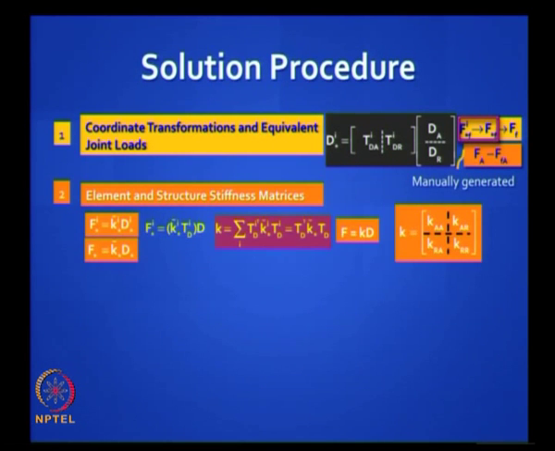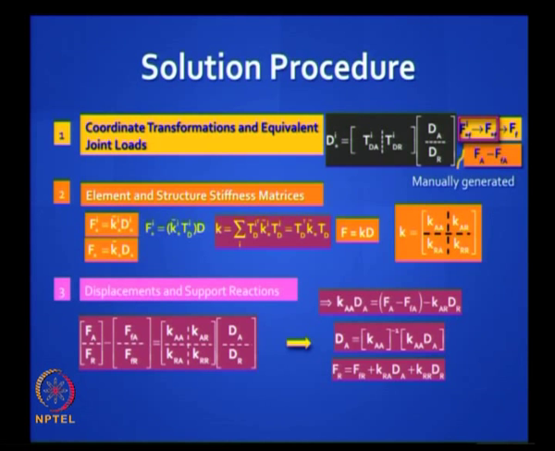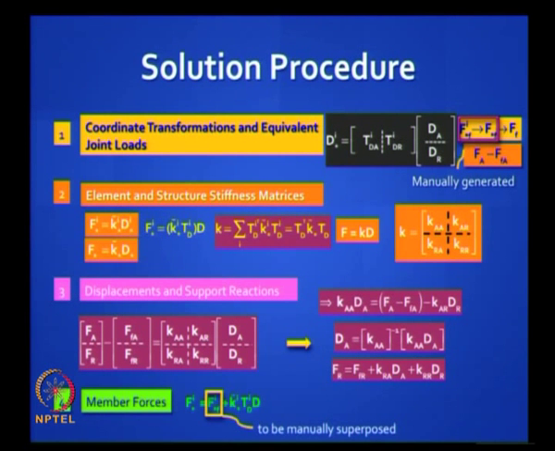Then of course you generate the stiffness matrices in the usual way, and you solve the equilibrium equations, find the unknown displacements, use those active displacements to find the support reactions, and in the end you find the fixed end forces. And if you recall our previous discussion, that last equation, what does it really represent in terms of what we did earlier? They are nothing but slope deflection equations, right? Remember I said MAB is MFAB plus 4EI by, so all that is, it's a matrix formulation of slope deflection equations.